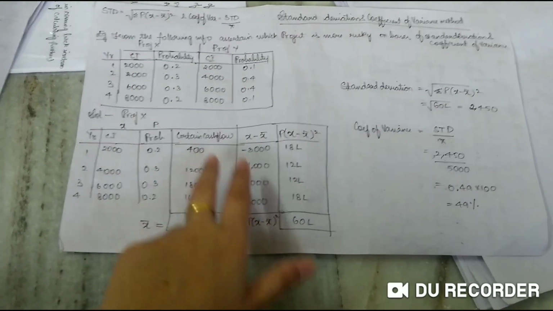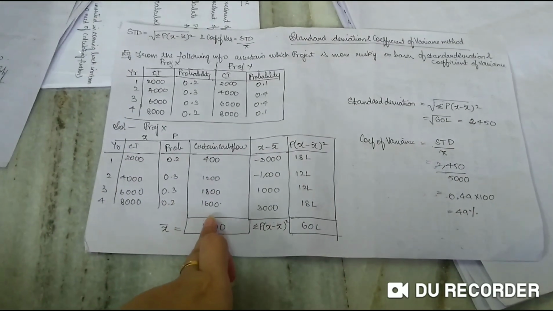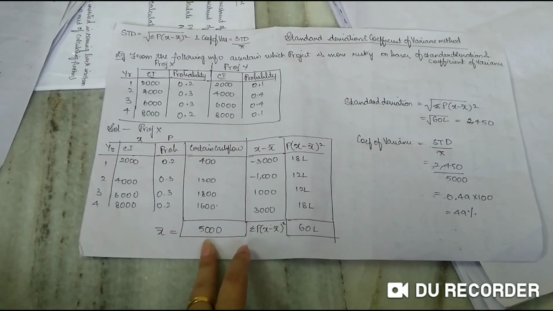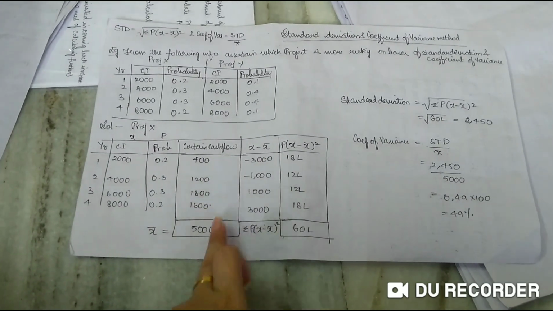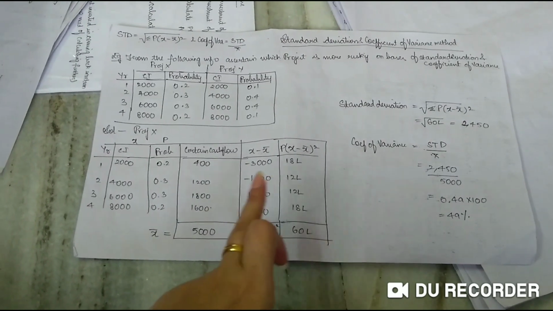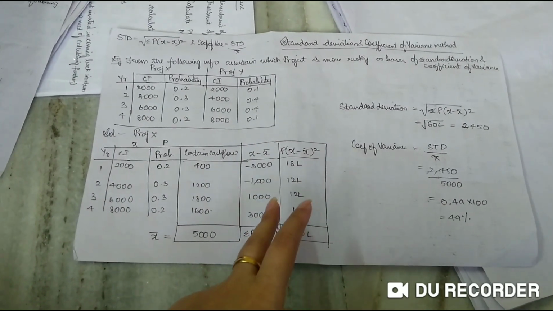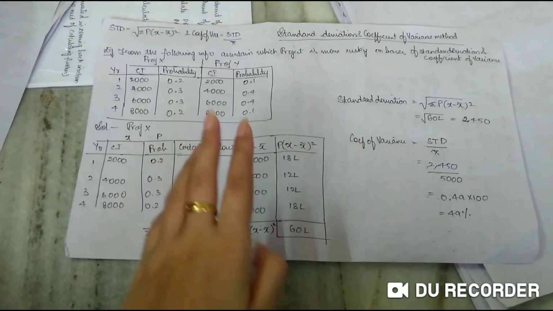This you already know, right? When you add all these things, that is the certain cash inflows, you will get X bar, which is 5000. Okay, till here everybody knows. Then we used to calculate the present value factors by multiplying it into present value or discounting value, right? You need not do that step.